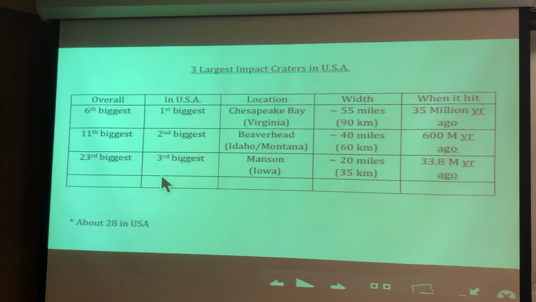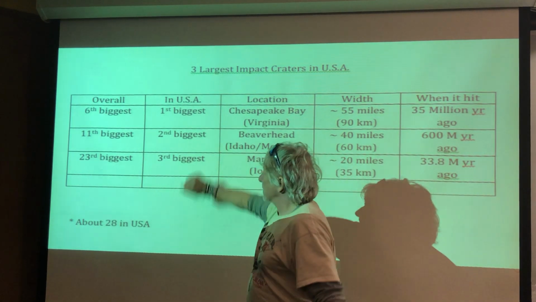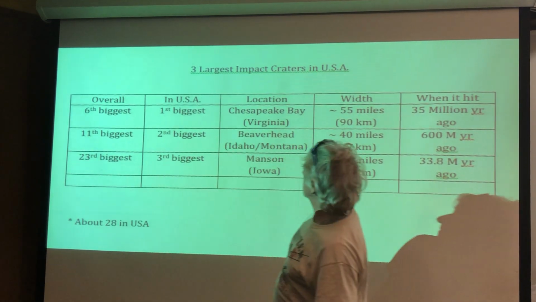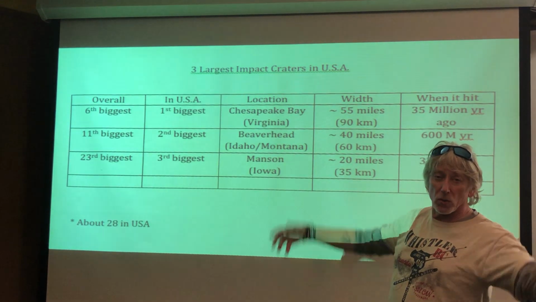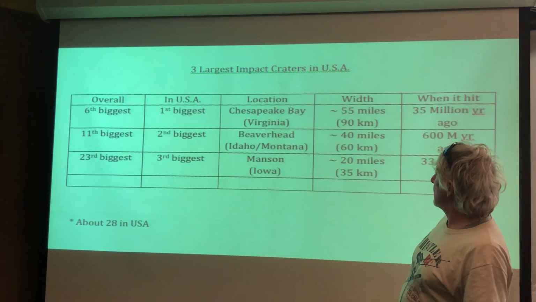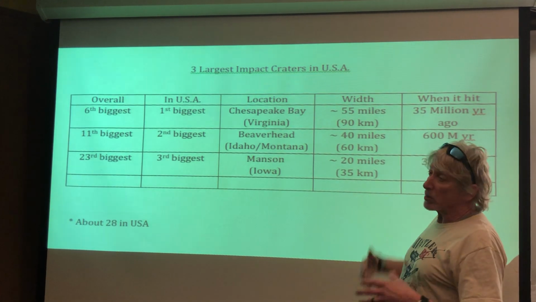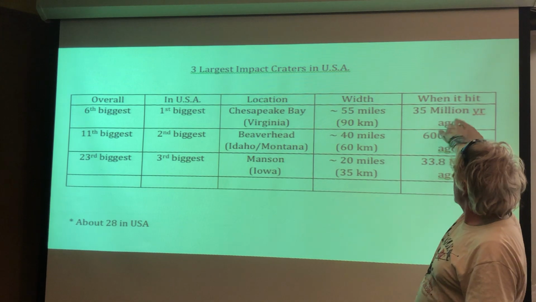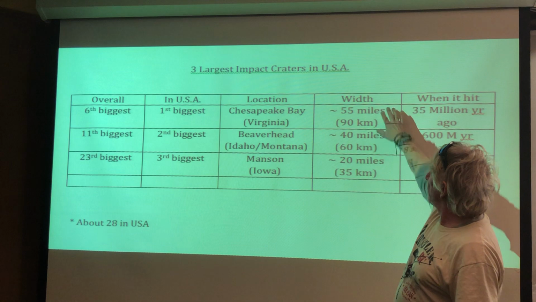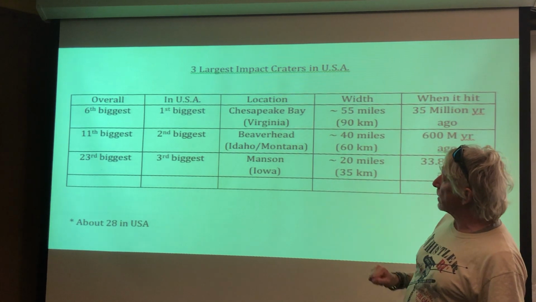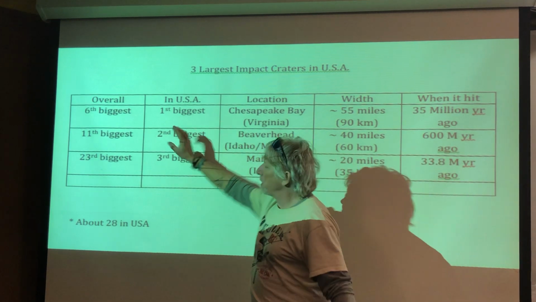Now you can pause and study this if you like. In the US, the first biggest is the 6th overall on Earth, biggest. Where is it? Virginia. 55 miles across, so think about your region and where that would be. Here would be like here to Sacramento, the San Francisco Bay Area, Sacramento, or San Jose. And when it hit. So there's lots of techniques for imaging these things. 55 miles across, 40 miles across, 20 miles across, that's third biggest in the US. But what's the biggest